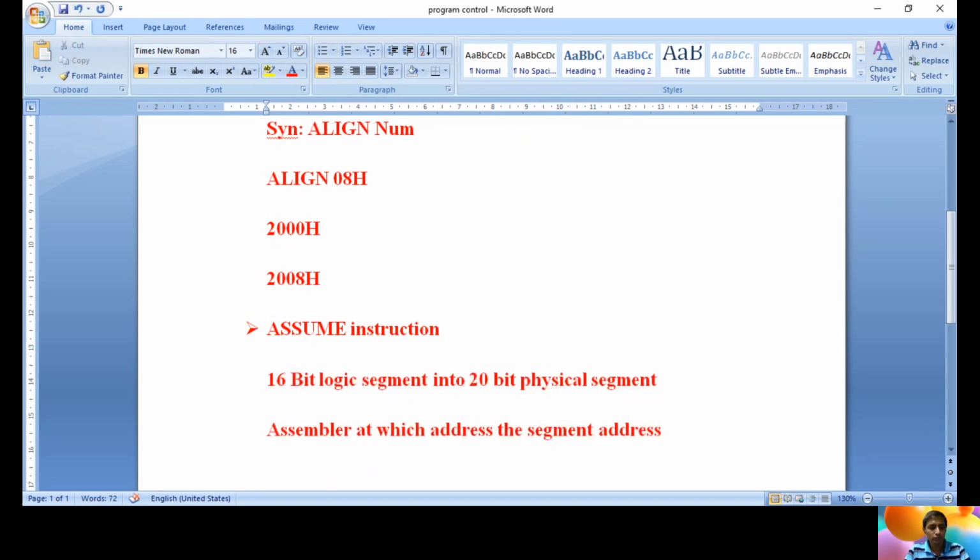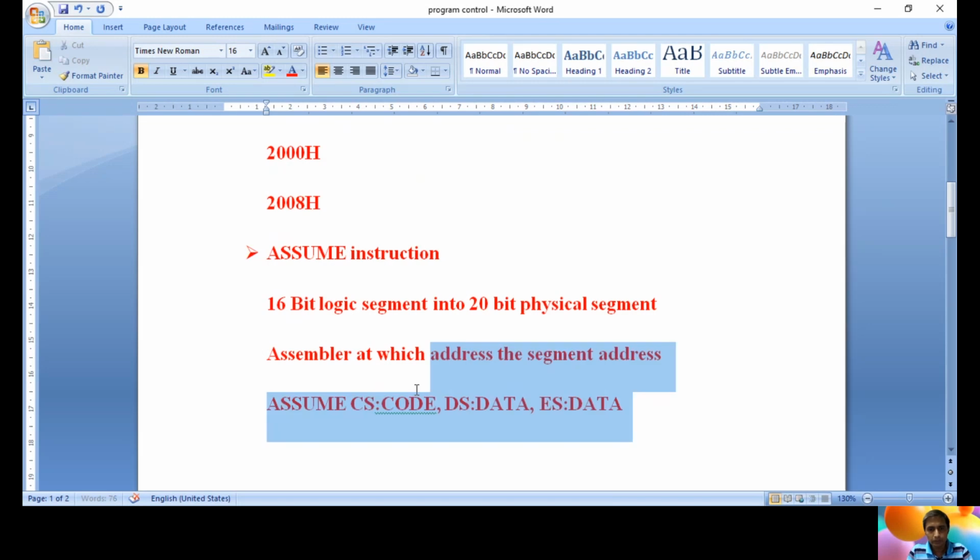The syntax for the assume directive is ASSUME CS colon code, comma DS colon data, comma ES colon data. ES, the extra segment, is also a type of data. This is the representation.